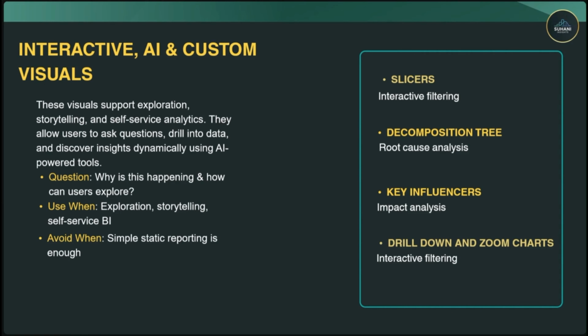Okay, then next is drill down and zoom charts. We all are very curious about them, but these charts are very helpful if you want to do something like interactive filtering, or we want to give the manager a whole story. Okay, this was the product total, sales total, this was the product percentage, and if we drill down more, then this was the region percentage, and this was the sector percentage, and if we further divide it into company and person to person, then drill down visuals are in use.